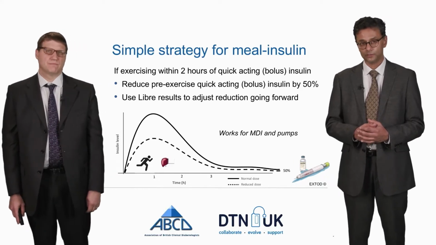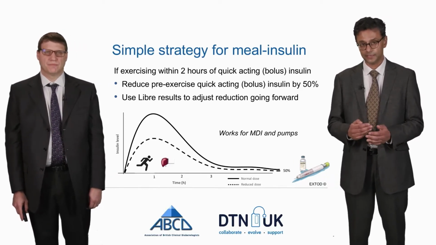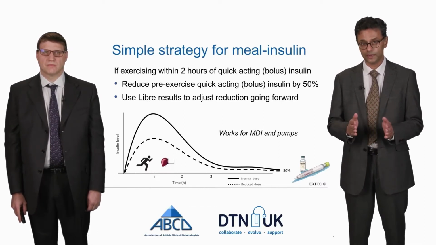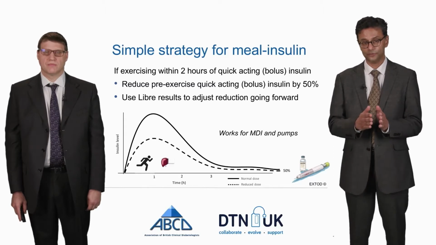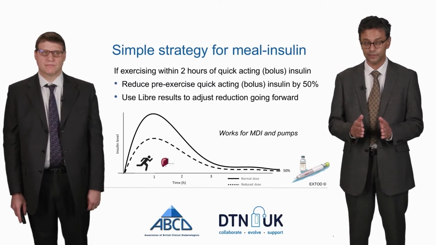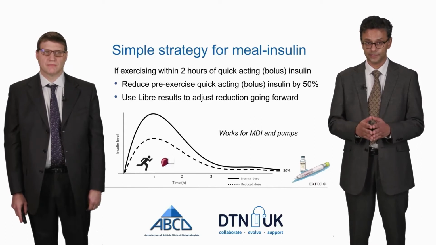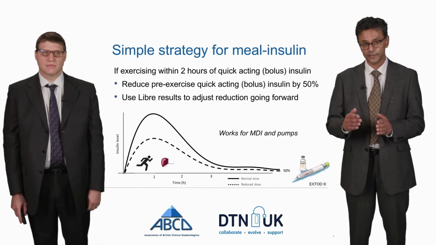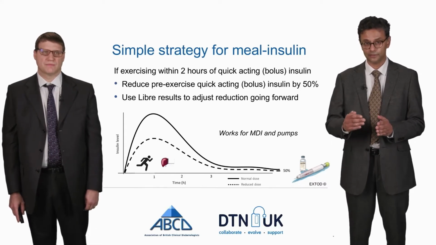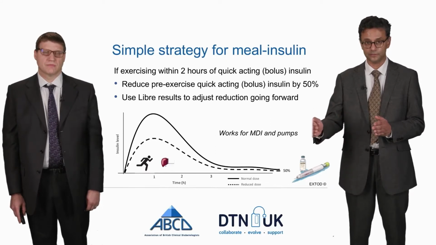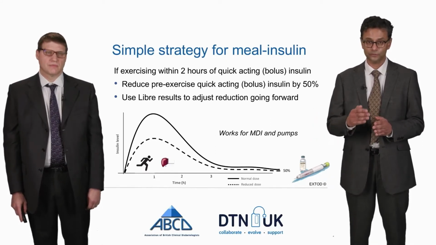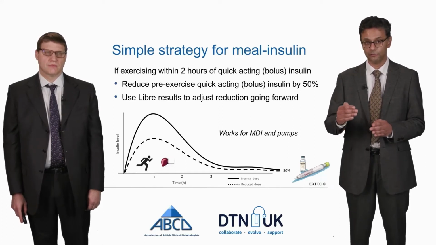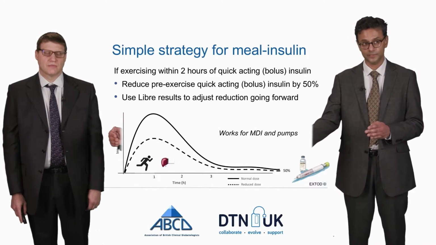Going back to our earlier figure, remember peak insulin after a bolus insulin following a meal generally lasts for about 2 hours. So if you're exercising within that 2-hour period, we'd ask you to halve the dose of insulin as a starting principle. Now, if you think about it, during exercise, glucose is coming out of the liver into the bloodstream to replenish the muscles, and insulin prevents that. So if you were to take half the dose of insulin, it allows more glucose to come out of the liver to replenish the bloodstream and also the muscle.